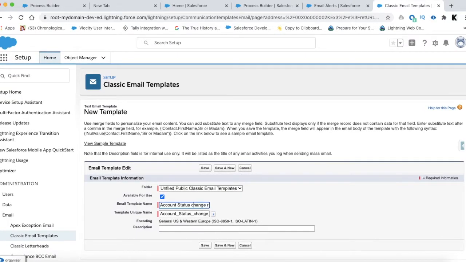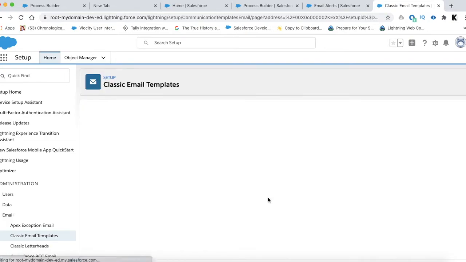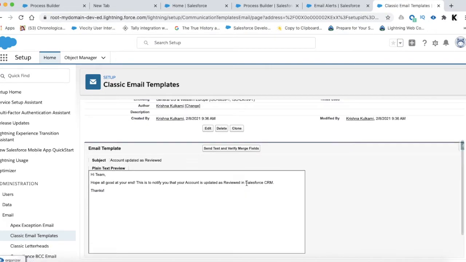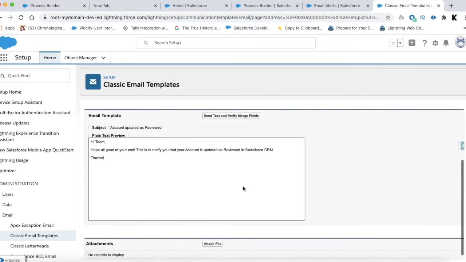Now we'll just update a few things here. Okay, so the one flag which you can see, available for use, until you select it, it won't be available in the email alerts. So you can just enable it.